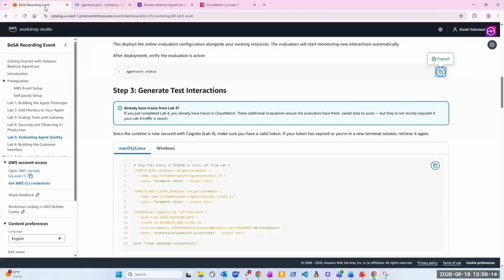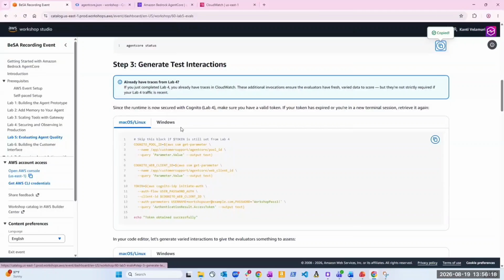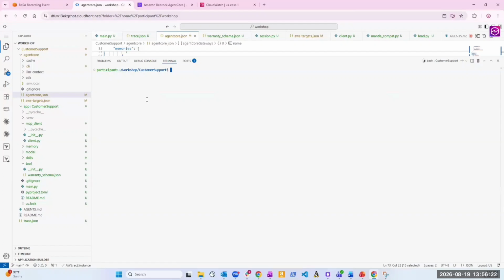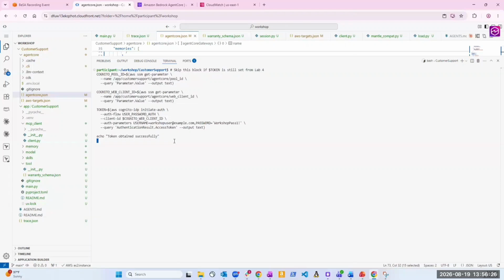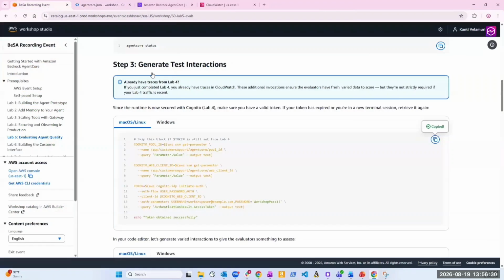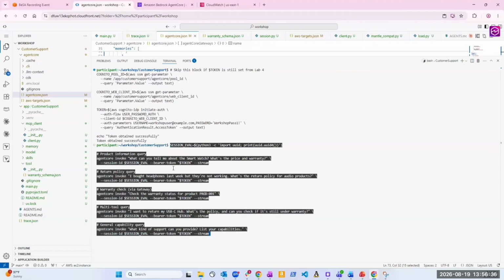Now let's go ahead and generate some test interactions. Before that, you know that now everything has to be a secure communication. So let's make sure that our token is good. Everything is clean, and we have a new Cognito token for ourselves. Now let's generate some varied interactions with the